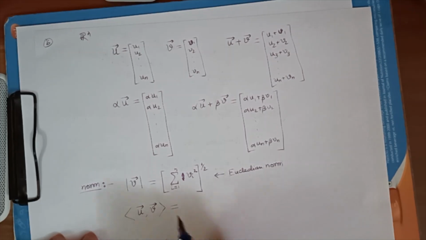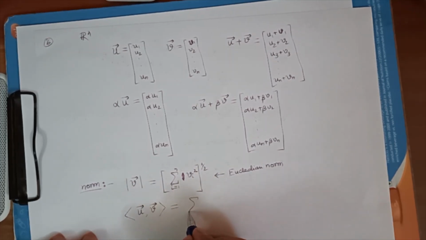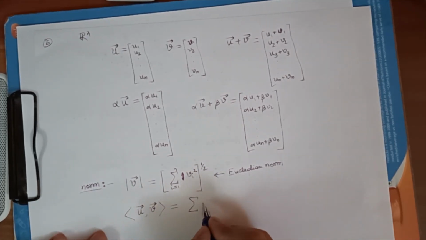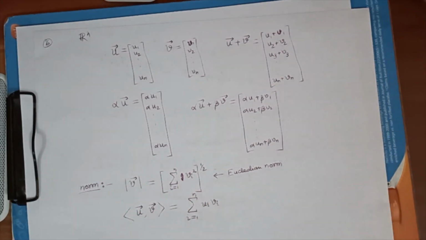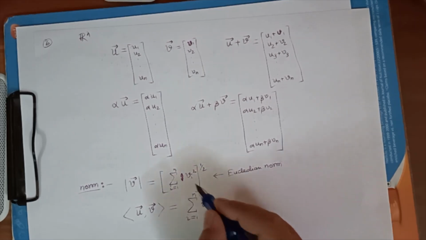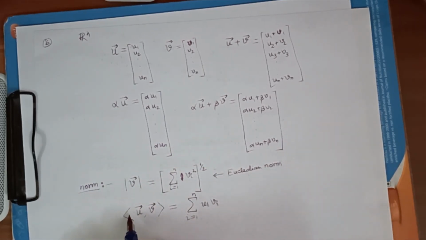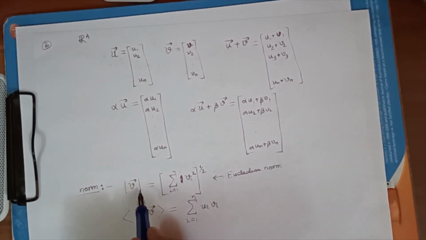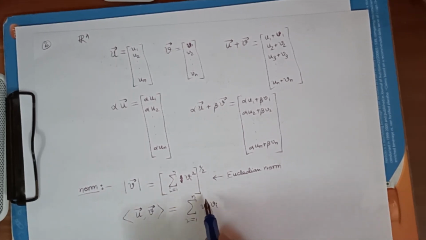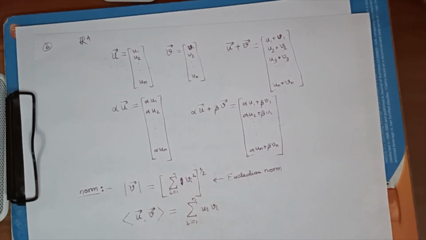You see, again we are just taking the geometry and that will work. So this will be the sum of ui into vi, i equal to 1 to n. That's it. Such a beautiful formula. And you can check whether this is corroborating with this, because the inner product of u and u is basically the norm of u square, or the inner product of v and v is basically norm of v square. So if you take this formula when u becomes v, it will reduce to this, right?